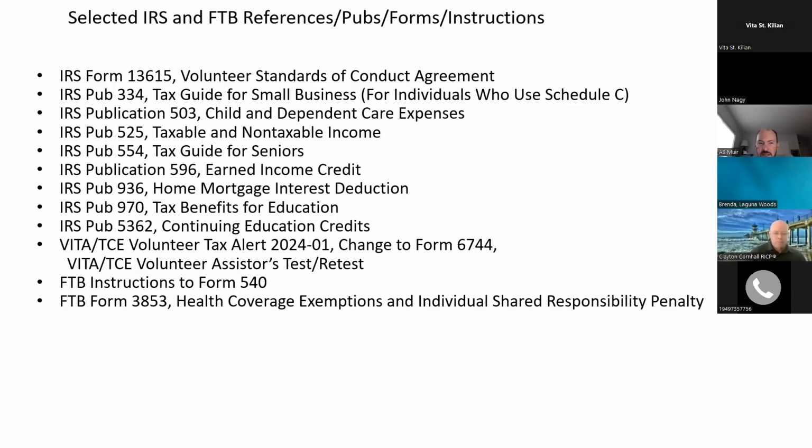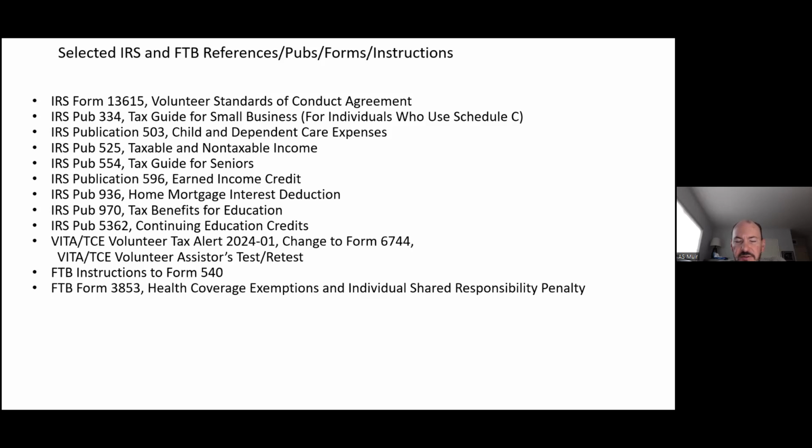We talked about continuing education credit. That would be for individuals who, most likely on this call, we probably have some California Tax Education Council registered tax preparers, and you've got some enrolled agents. You might have some active CPAs or maybe even an attorney. And so if you want continuing education credits, you can get those. But what you have to do is make sure that you review that pub, and then your agreement, that 13615, you've got to show the IRS, show Sean, because Sean most likely will be the guy who's going to go ahead and verify your hours.